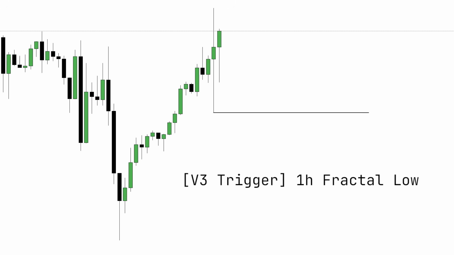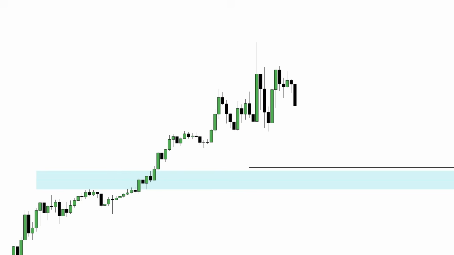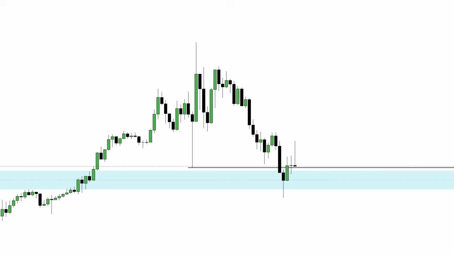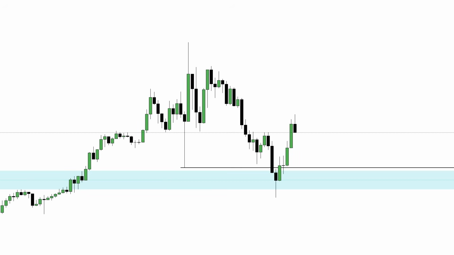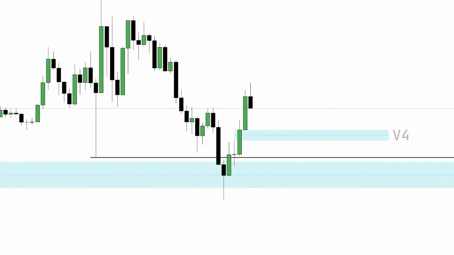What remains is to get the entry point on the 15-minute chart. The price easily performs a raid on the fractal low, and at the same time tests the fair value gap. It then confirms the volume by 2 methods we need. The first is the fair value gap, and the second is the order block. All the requirements on the HTF and LTF are met, and the combination is formed.